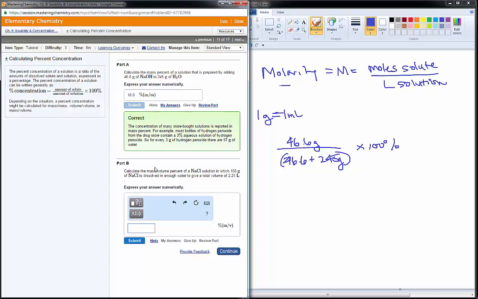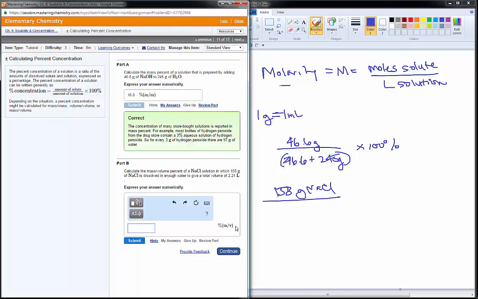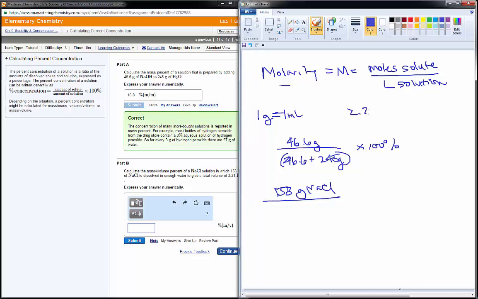Next, we're looking at the mass of volume percent. That's telling us that MV tells us we're going to use grams for the top and volume for the bottom. So we have 158 grams of NaCl. And on the bottom, the volume is 2.21 liters. And I told you we have to use milliliters. So 2.21 liters at 1,000 milliliters per liter, that's going to give me